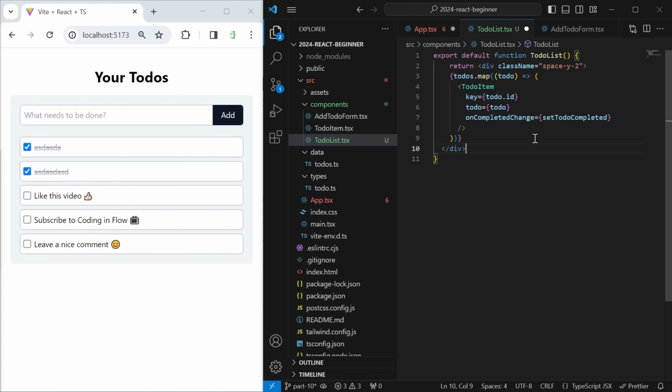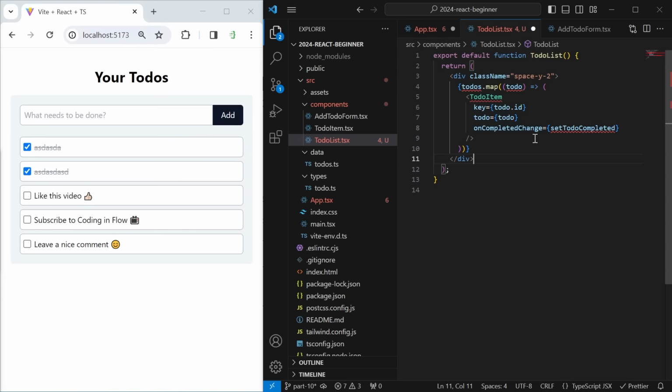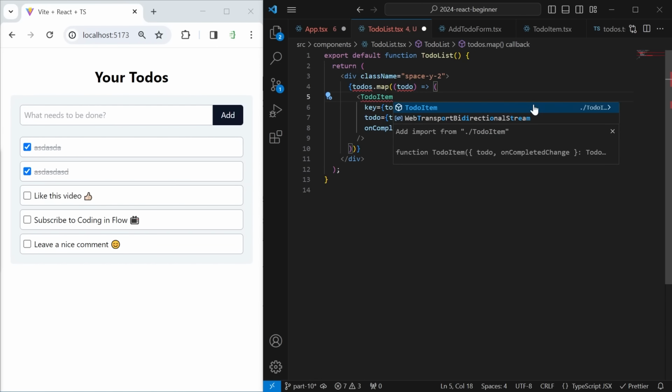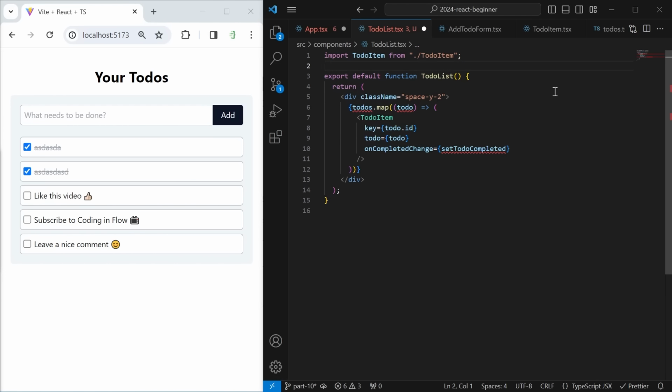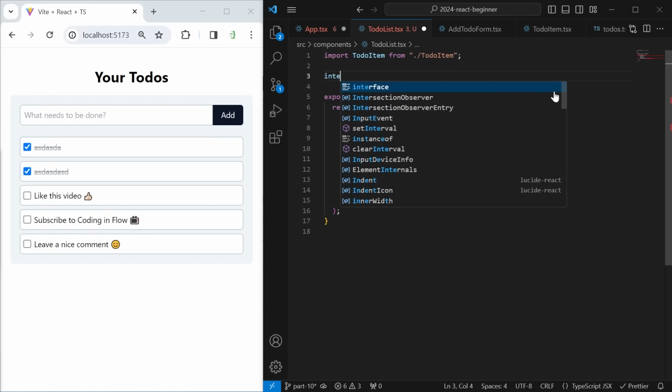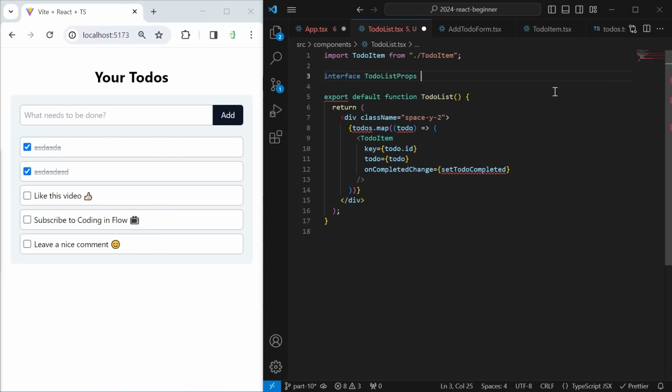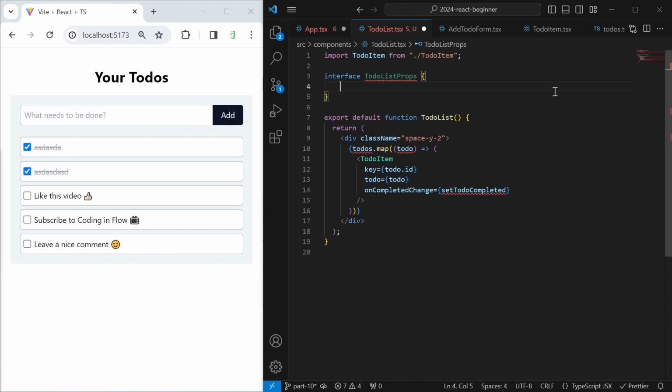And we want to return this div we just cut out. Of course, we need some props, and we also have to import this to-do item here. Then let's go above the function and declare a new interface, TodoListProps. What do we need? Well, we need the to-dos themselves, and we also need a callback for onCompletedChange because